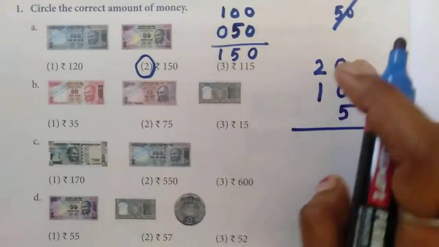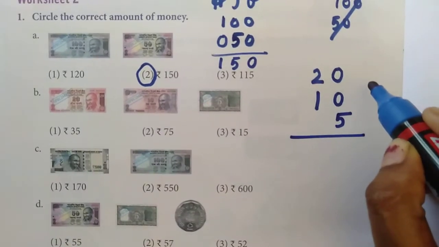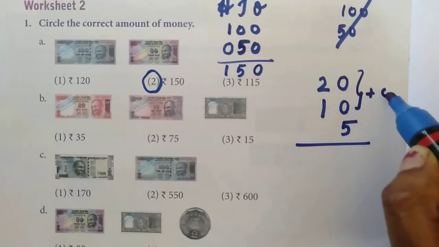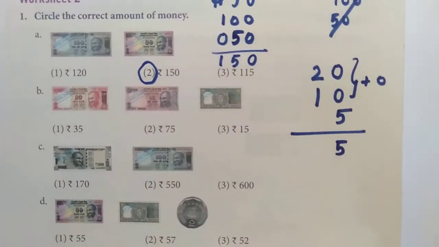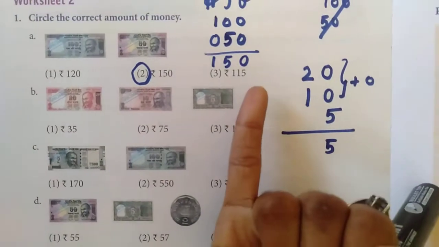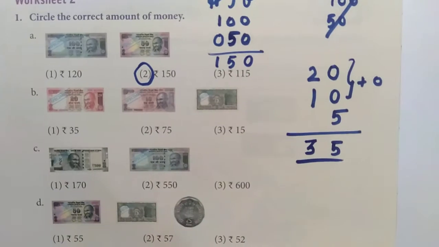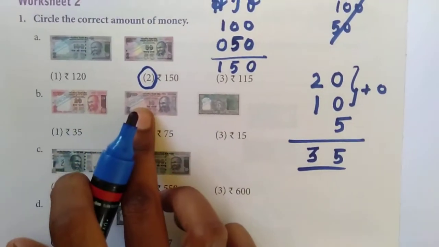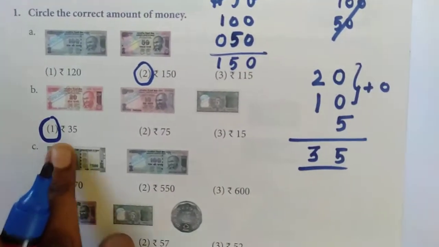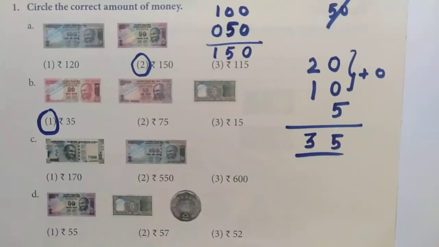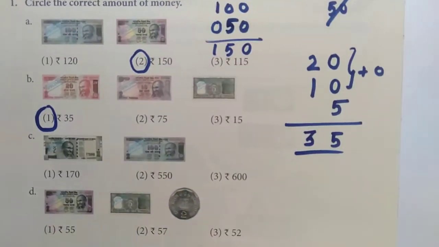Now 0 plus 0 is 0. Then if you are adding these two, 0. Am I correct? So 0 plus 5, again 5. Then 2 plus 1, keep 2 in the mind, take one finger, 2 and then 3. So 2 plus 1 is equal to 3, 35. So totally 20 rupees plus 10 rupees plus 5 rupees is equal to 35 rupees. So the first is the correct answer. Am I correct, ma? Yes. So like that only you have to add, okay?